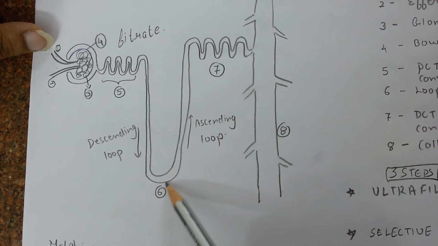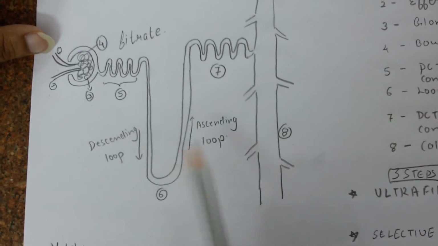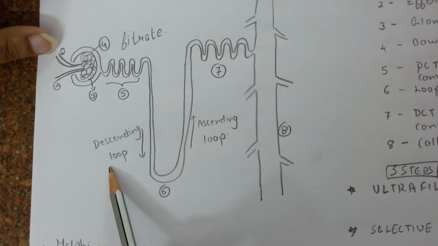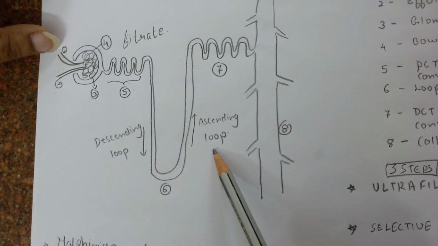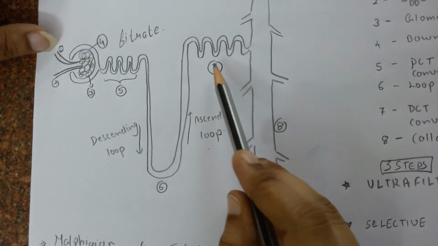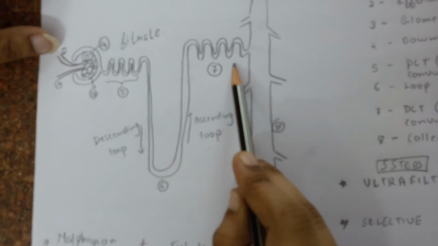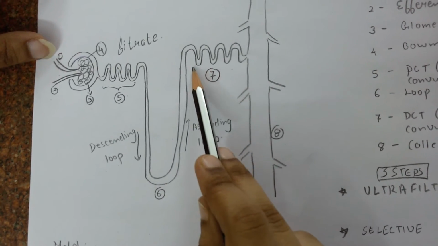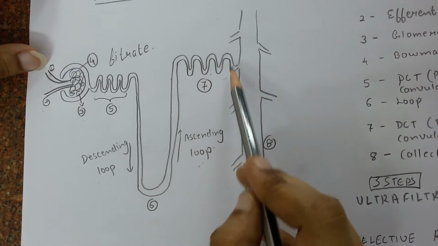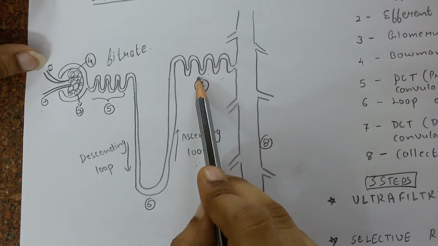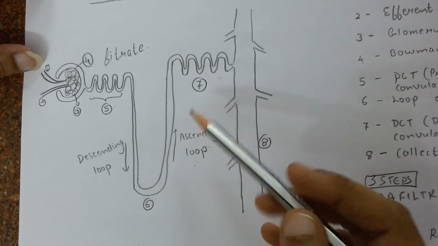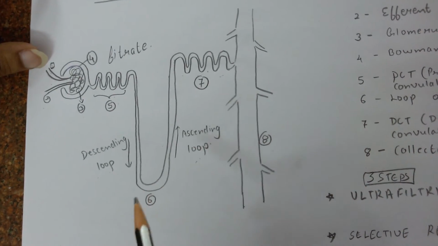The loop of Henle is basically a U-shaped structure. It has two parts, the descending loop and the ascending loop. One of the loops is permeable to water, and the other loop is permeable to salt, that is NaCl. From the ascending loop, the filtrate will now move to another part of the tubule called the distal convoluted tubule. Proximal and distal are both coiled structures. The distal convoluted tubule mainly helps in reabsorption of salts like potassium and sodium, which help in regulating the osmoregulatory balance